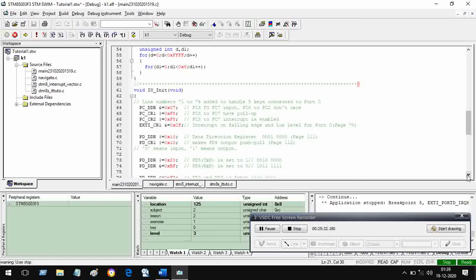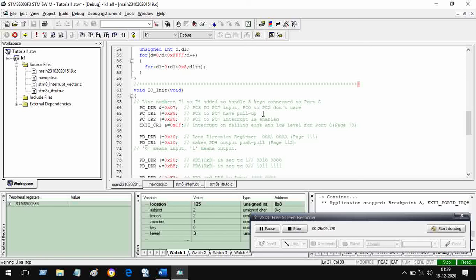Now another thing that I have done is, previously we had interrupts only on PD2, PD3. Now we have interrupts on PC also, and in PD. So all the 7 input pins have been made interrupt capable. PC, you remember PC CR2. CR2 helps us make an input pin generate an interrupt. That is what we had done.